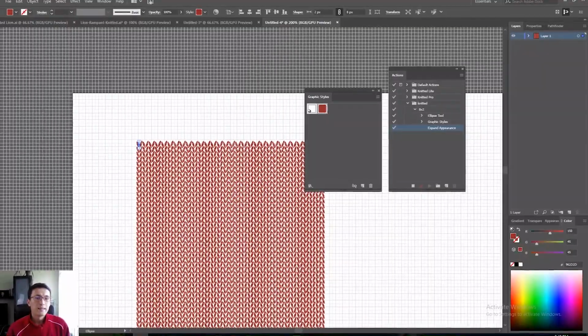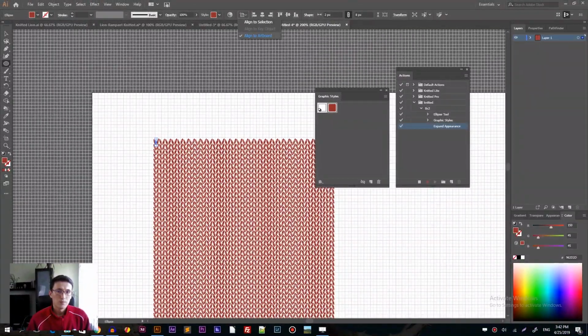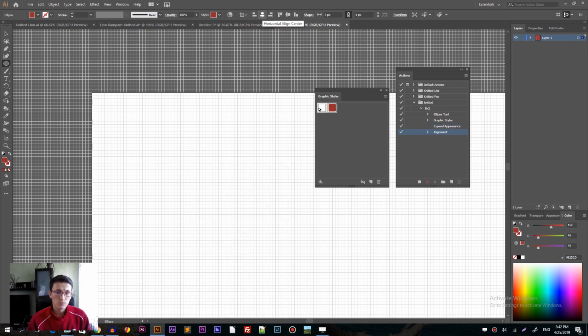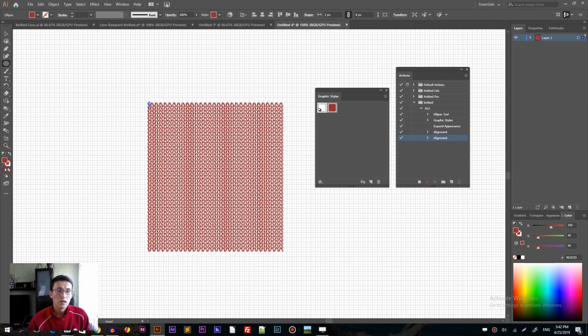Then let's align it. So make sure that you align it to artboard, both vertically to center and horizontally to center. Where is my grid? And finally, once you align it, let's